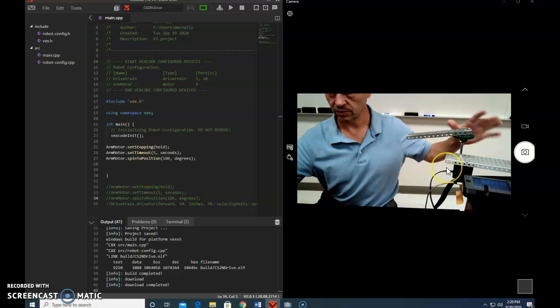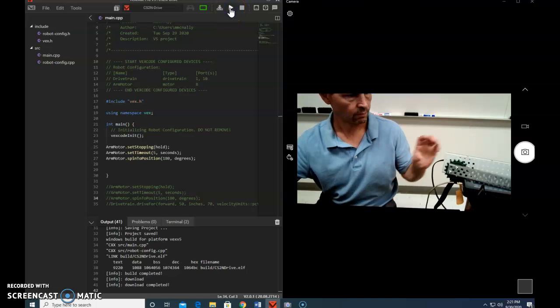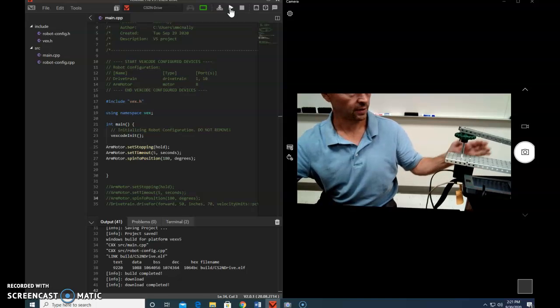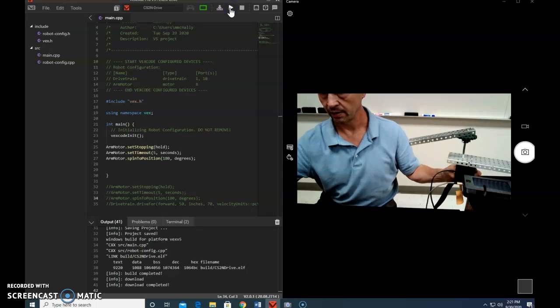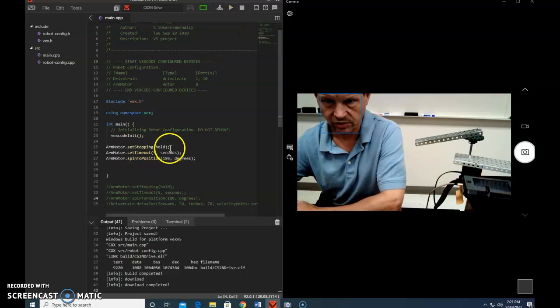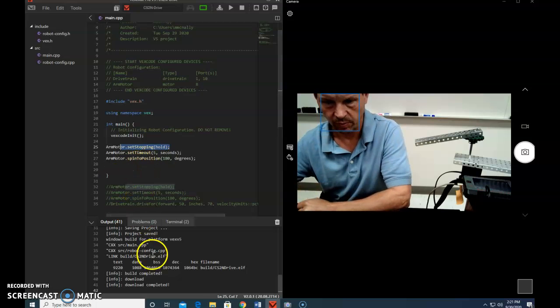And watch my system over here. 180 degrees is what it should go. This is great for pretty precise movement. Let's try that again. It's right there, and we move 180 degrees. Almost exact, well, probably exactly 180. There's 180. There's another 180. So that's it. That's called spin to position. Don't forget, this is helpful too. If you're lifting something and there's still weight on it, you're going to want to hold it and not let it start sagging afterwards. So this could be a pretty useful